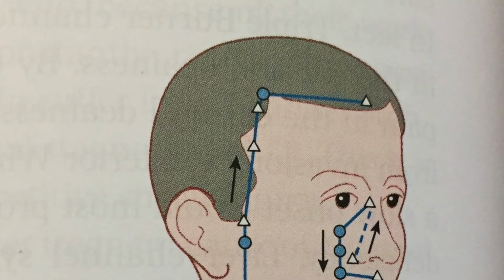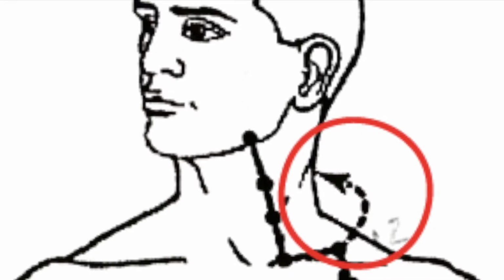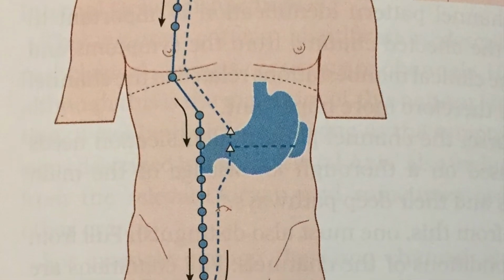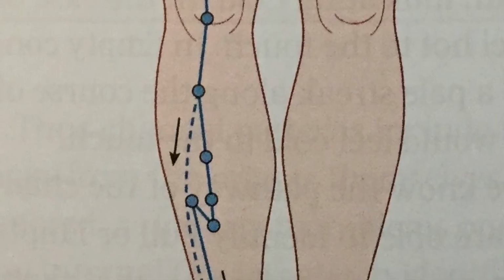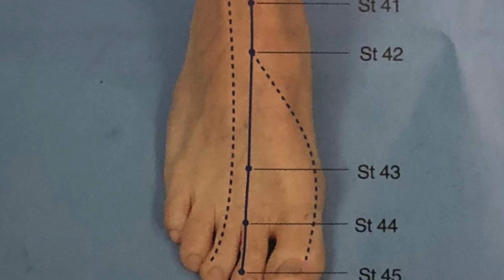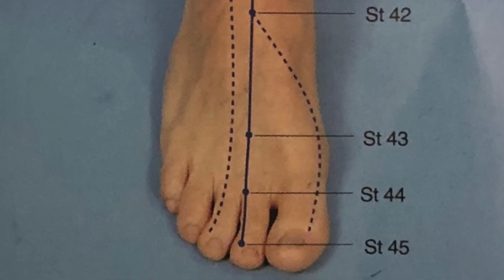There is a short internal branch connecting stomach 8 to Du 24. A second short branch leaves the clavicle to meet at Du 14 with the other yang meridians. An internal pathway begins at stomach 12 and goes to the stomach, spleen, and Ren meridian and reconnects at stomach 30. Another branch leaves stomach 36 and travels to the third toe on the lateral side. The final internal branch begins at stomach 42 and travels to the big toe on the medial side to connect